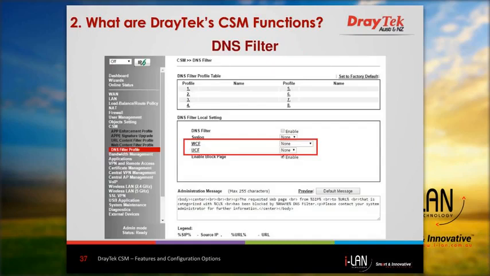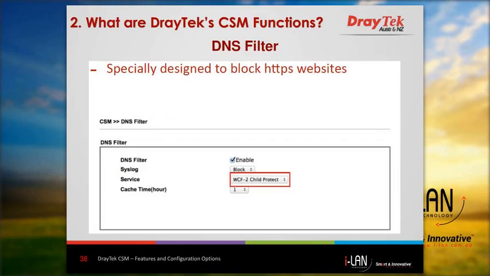And then finally, we have the DNS filter profile. It can be applied to either the web content filter or URL content filter. The DNS filter was developed to block HTTPS websites. So previously, any websites that used HTTPS encryption were not able to be effectively blocked using URL or web content filter. So one way to overcome this was to determine all the IP addresses